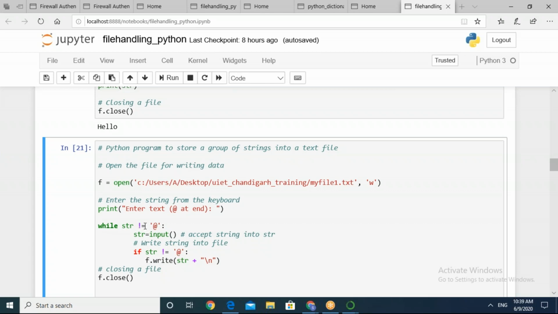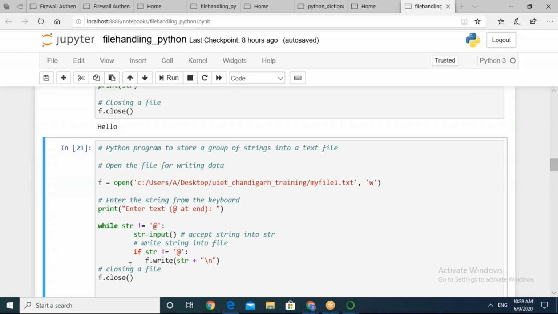Respond in the chat window why we use this symbol, exclamation equals. Not equal to, fine. So here I am saying, till my data is not equal to @.